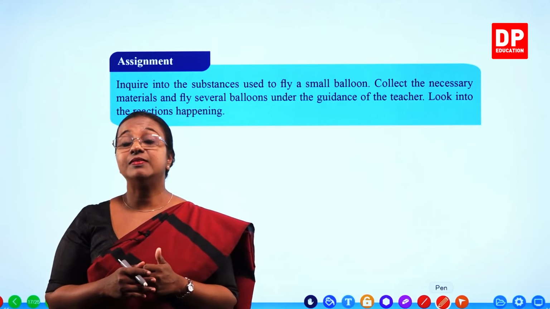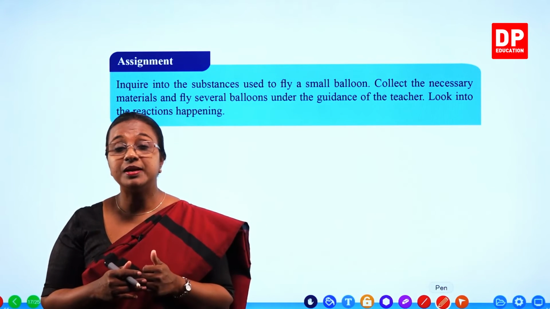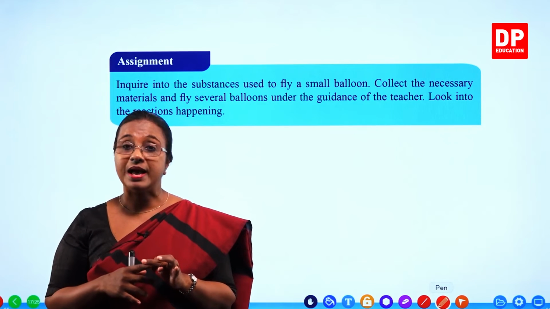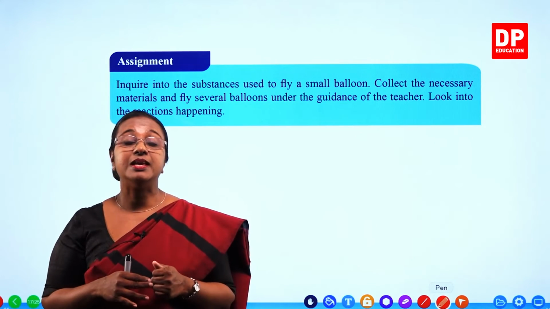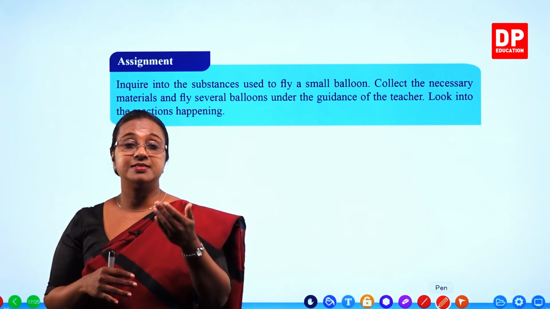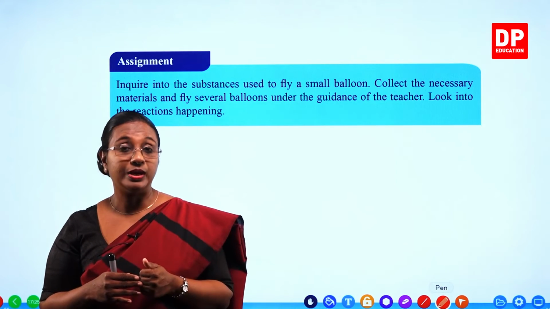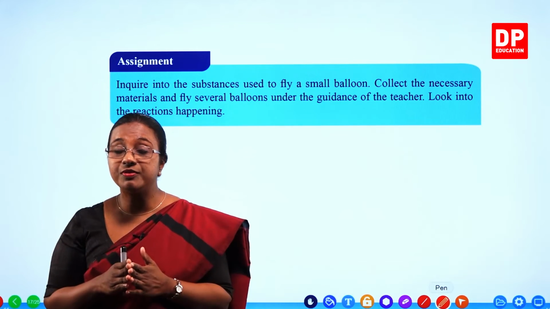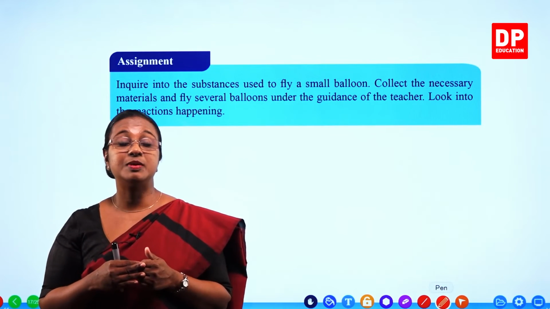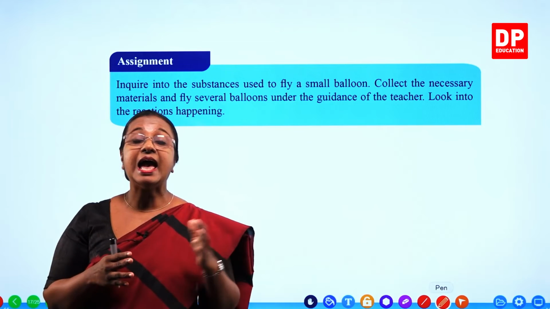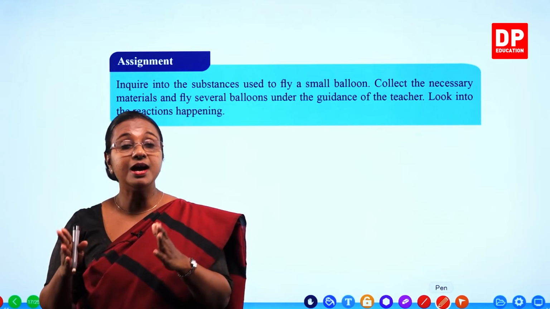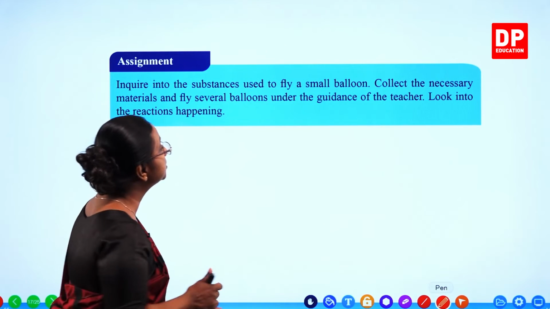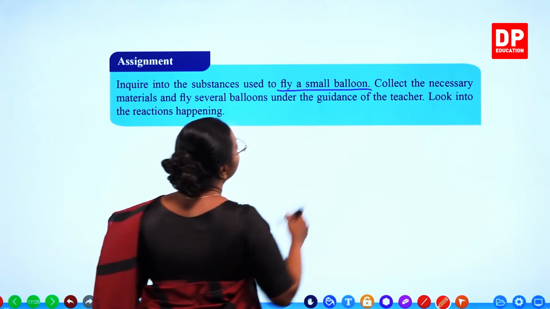Metals, when they react with dilute acids, one of the products is hydrogen gas. So we said either zinc or magnesium can be reacted with dilute sulfuric acid or dilute hydrochloric acid to produce hydrogen gas. So that is a type of reaction, a single displacement reaction between a metal and dilute acid to prepare hydrogen gas. So if we need to fly a small balloon, how can we do this